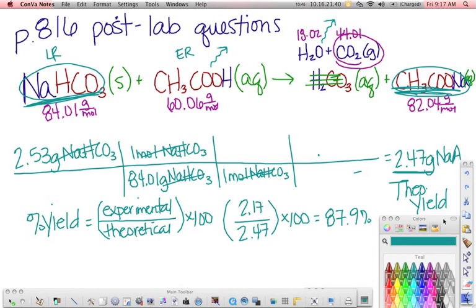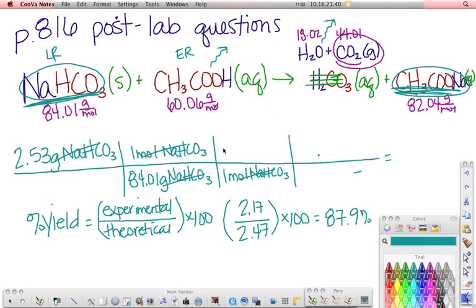So at this point right here, and erase my answer, of course, because I don't want that on here anymore. Right here, where I converted from moles of sodium bicarbonate to moles of sodium acetate, instead I'm going to convert to moles of CO2. And everything's a 1-to-1 ratio, so I can just put 1 mole of CO2. And then for each mole of CO2, I have a molar mass of 44.01. And now I can cancel this out, and I'm left with grams of CO2. So my math looks a little different. So 2.53 times 44.01, and then divide that answer by 84.01, and you get